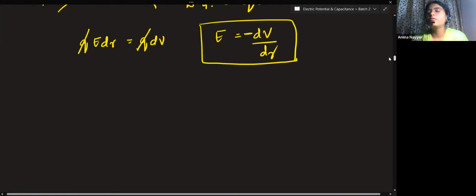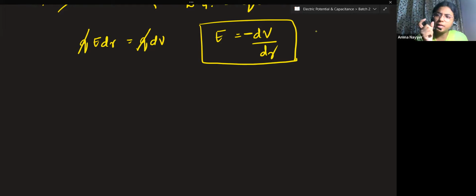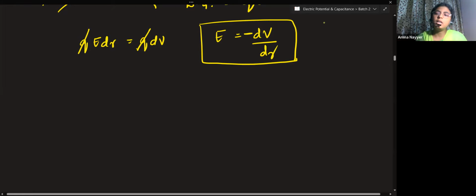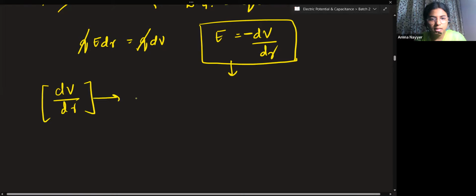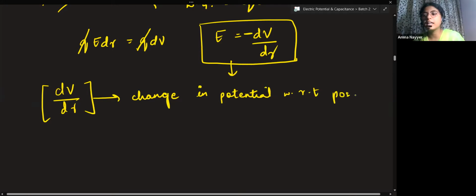Now, see, if you remember from your 11th standard only, whenever you take the change with respect to time, like velocity is what? Displacement divided by time. So you call it as rate of change of displacement gives you velocity. Whenever anything gets divided by time, we call it as rate. Like we call acceleration as rate of change of velocity. Why? Because it is velocity divided by time. But whenever anything gets changed with respect to position, like the way potential is getting changed with respect to position, we call it as a gradient. This dV by dr, specifically this part, is change in potential